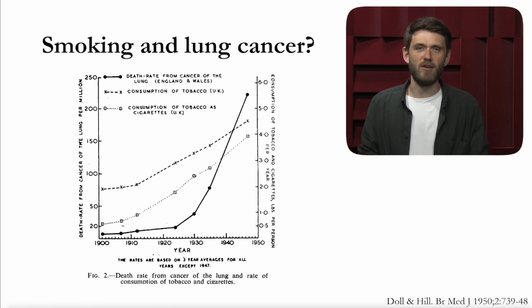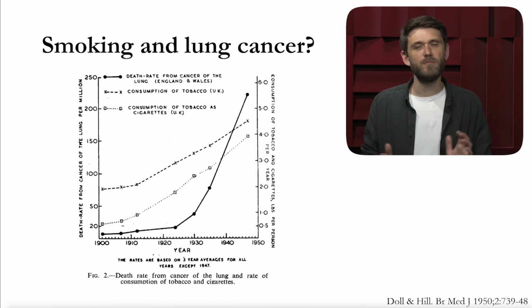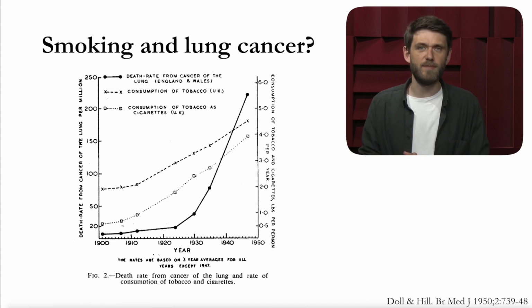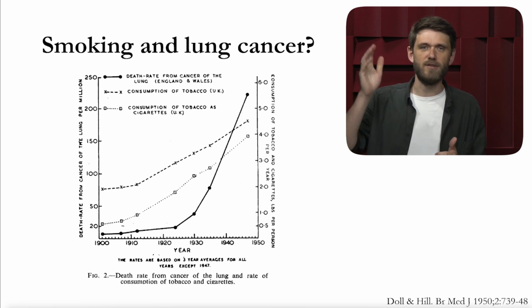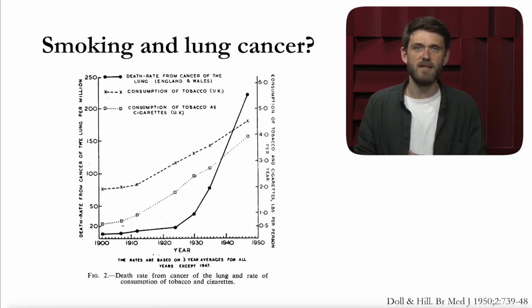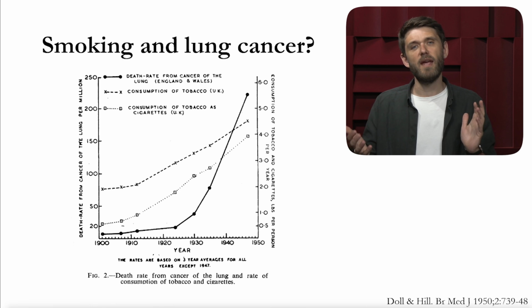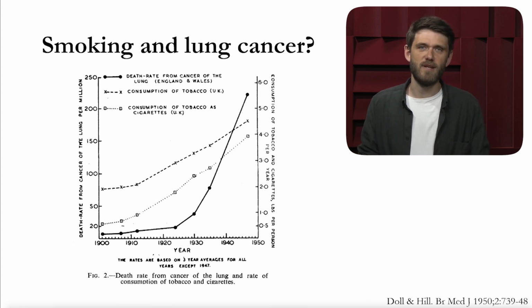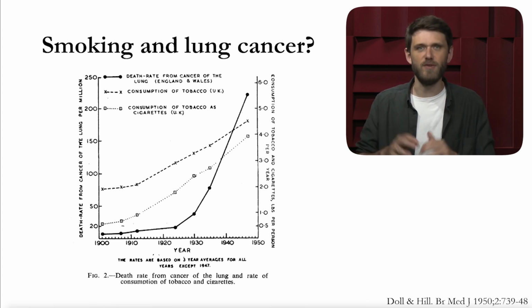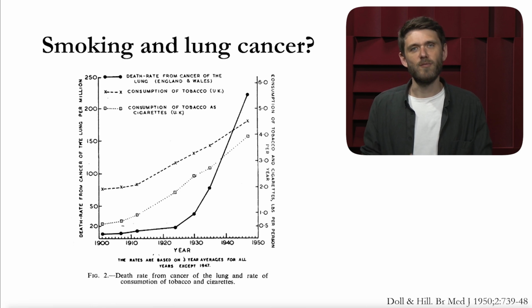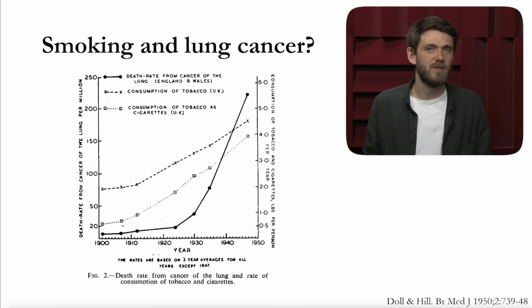Sticking to the smoking and lung cancer example and moving to 1950, at this point we typically saw ecological evidence: a sharp increase in lung cancer incidence correlated to a sharp increase in the number of individuals smoking. And this type of association with no individual level comparison was the best that we could do,